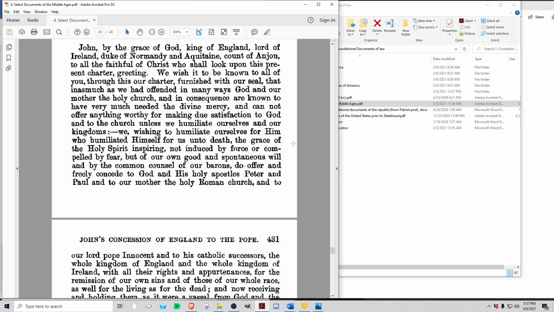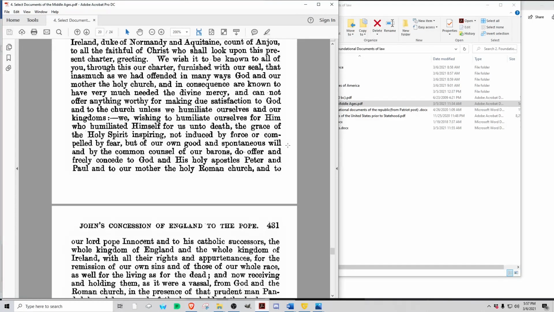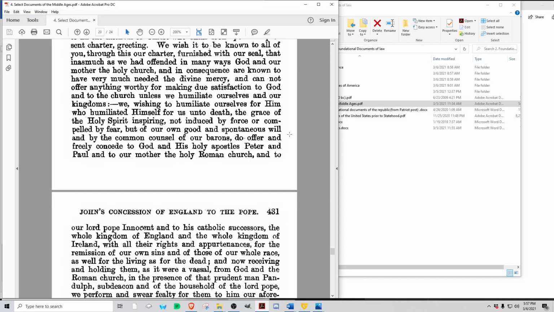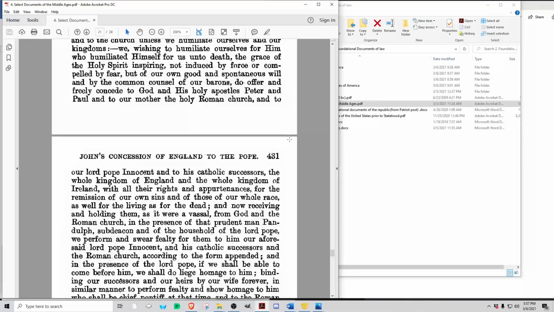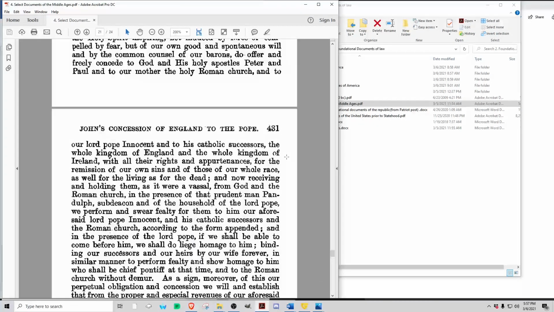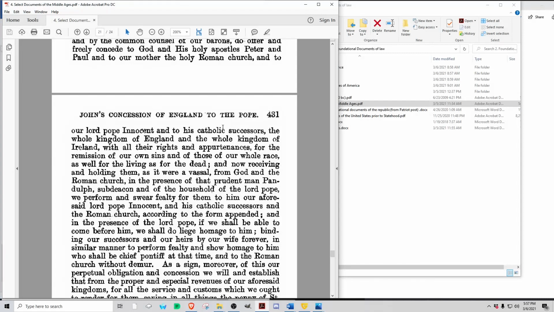The grace of the Holy Spirit, inspiring, not induced by force or compelled by fear, meaning we're doing this under our own volition, but of our own good and spontaneous will, and by the common counsel of our barons, bullshit, do offer and freely concede to God and his holy apostles, Peter, Paul, and to our mother, the Holy Roman Church, and to our Lord, Pope Innocent, and to his Catholic successors, because corporations can't have heirs, they can only have successors,